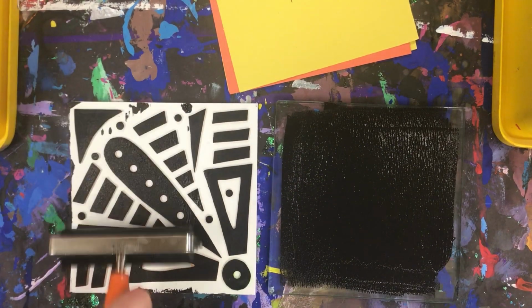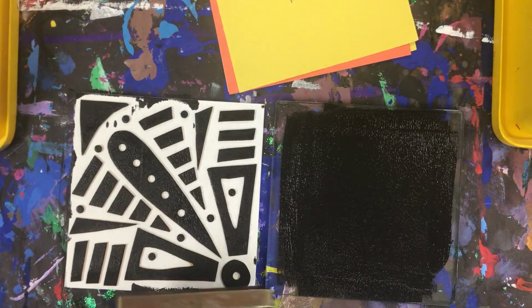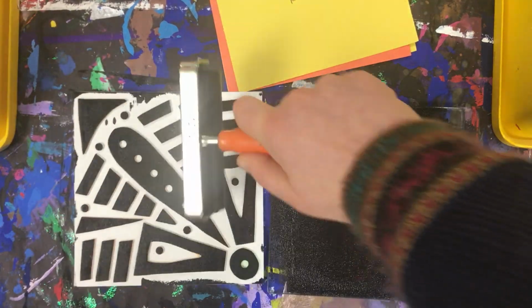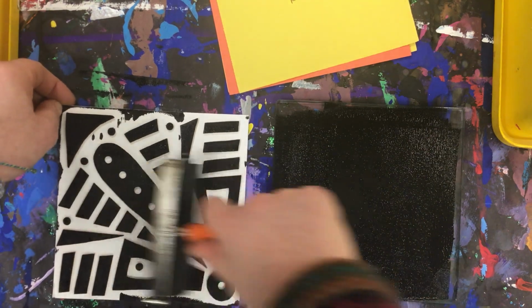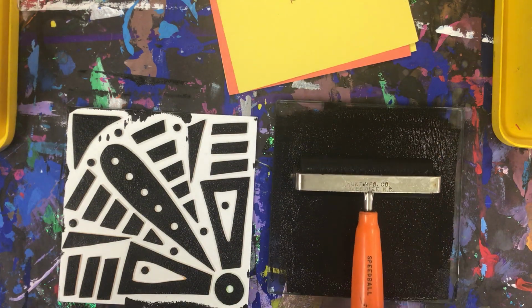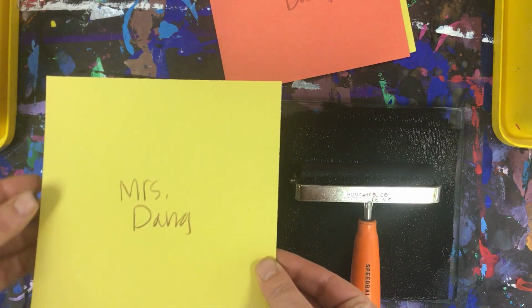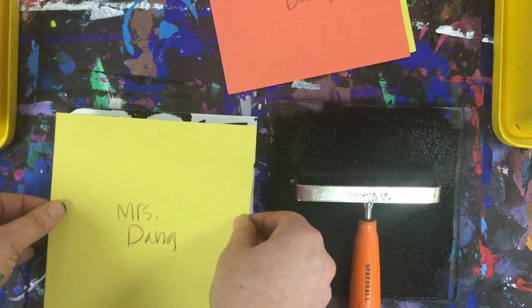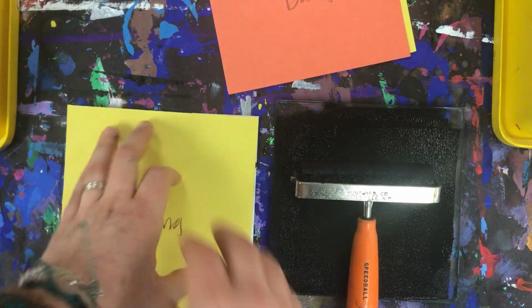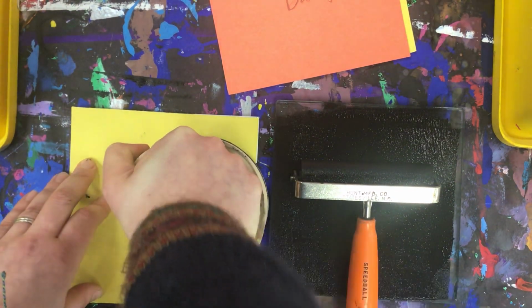But I'm going to take that brayer and as evenly as I can, spreading that ink on my printing plate, maybe going in a few different directions to make sure it's nice and even. And once I have everything spread nice and smooth, I'm going to do the same thing. So setting that brayer down, grabbing my next piece of paper with my name side up, one hand on each side, and carefully setting that right on top, pushing down with your hands, and then using that brayer, nice even